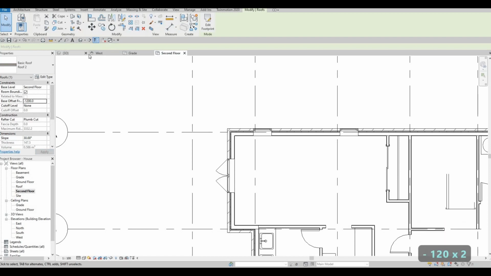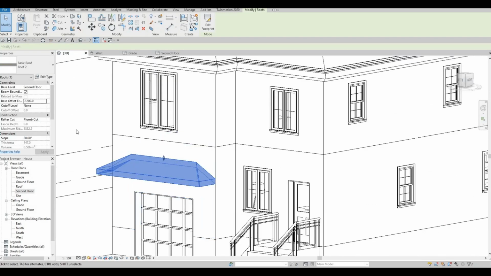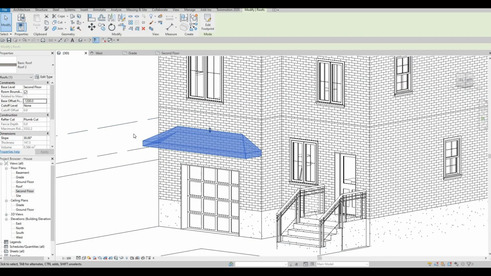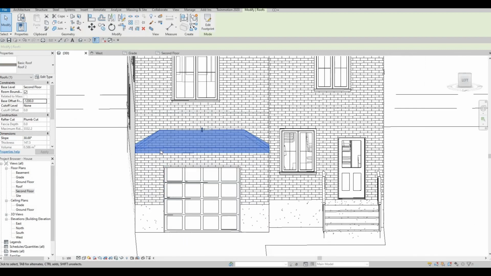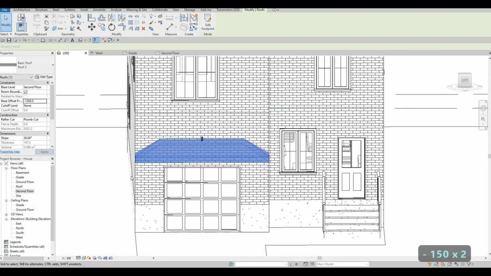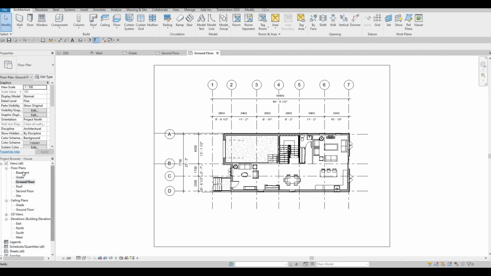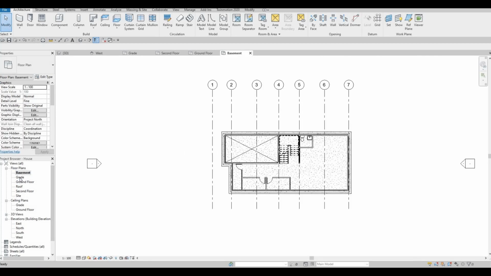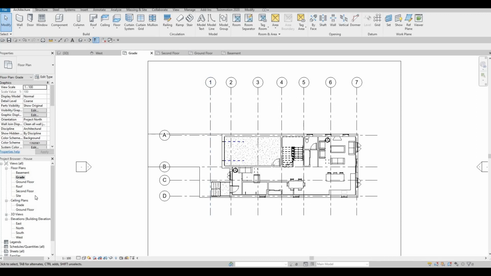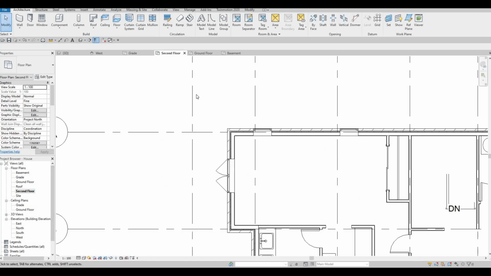Apply and then let's look at it at 3D. So then base offset negative, we just want it to be a bit lower. We can even do that more. I think let's check 1500. Okay, that will be good. And then here we could add in